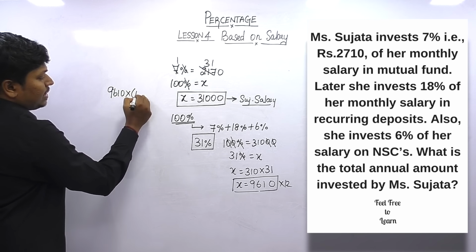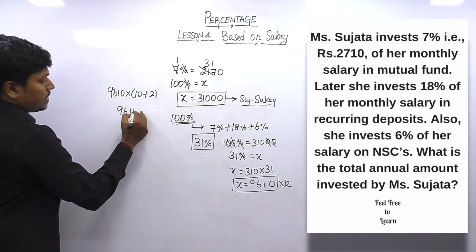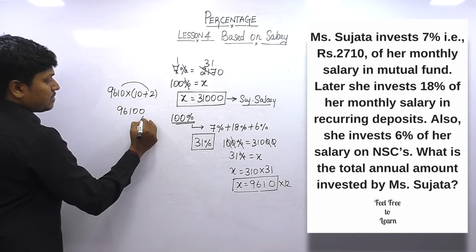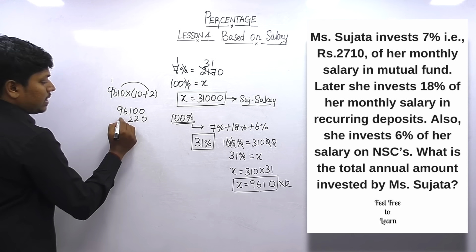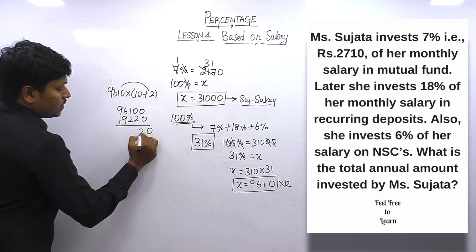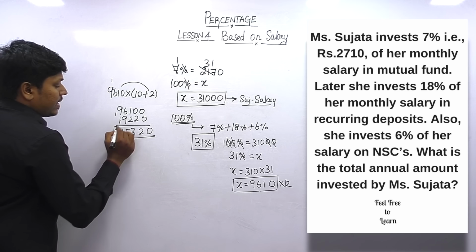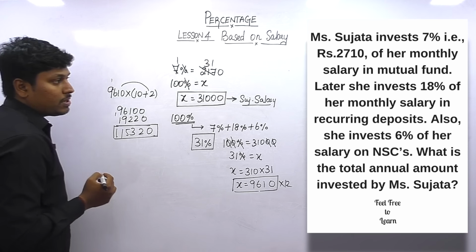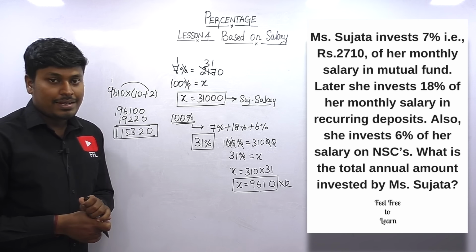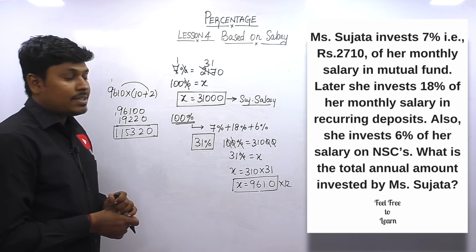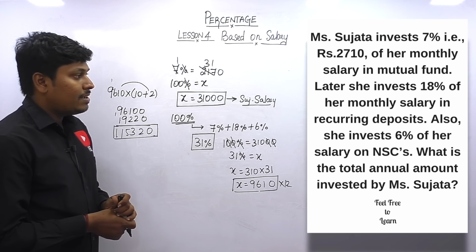9610 into 12 can be written as 10 plus 2 for easy multiplication. So 9610 times 10 is 96100. Similarly multiply this by 2. So 2 times 6 is 12, remaining 1 carried, 2 times 9 is 18, plus 1 is 19. When you add this, we get 115320. So finally we found the total amount she invested, that is 1,15,320. That is the annual amount Miss Sujata invested. Interesting question, right? So finally we solved question number 5. Answer is